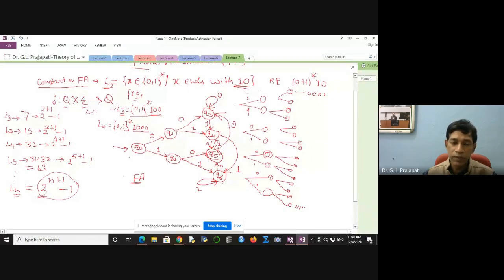2 raised to the power 100 is exponential, 2 raised to the power 200, 2 raised to the power 400, if you want to remember the length 400. So if you are constructing the machine like this, it means that very soon you need exponential states. If you have to remember this, even if you are going to remember only the last 50 symbols, this is a huge number of states. And if you have an exponential number of states, infinite possible states,